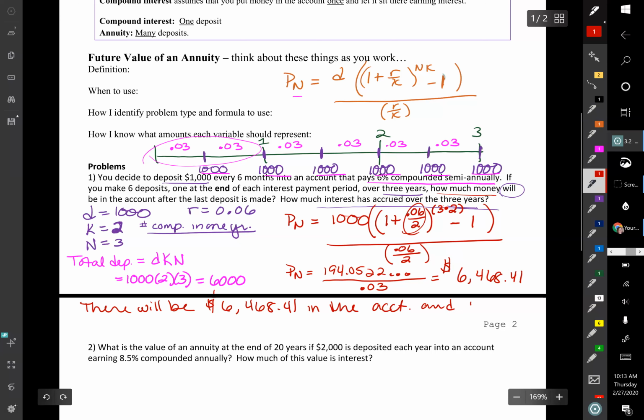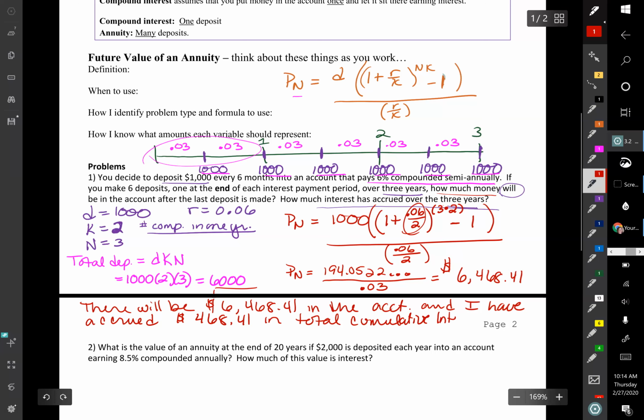And I have accrued, or gotten, cumulative interest. I'm just going to subtract what I put in. 6,468.41 minus the 6,000 I put in gives me $468.41 in total cumulative